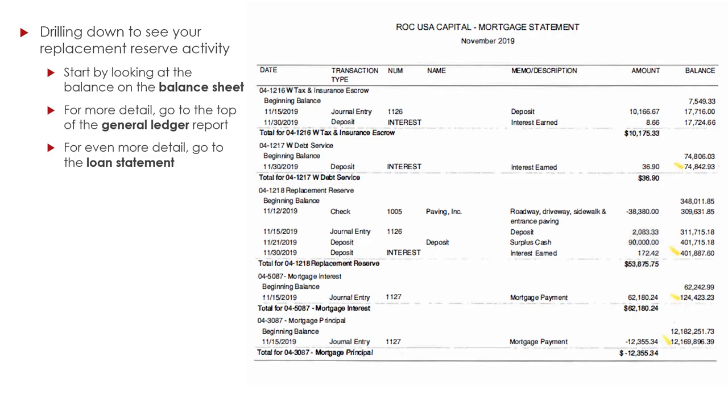You can disregard these other escrow and loan balances for now, though it's good to know that they're there for future reference. Hone in on the replacement reserve section here, which is set up in the same way as the section of the general ledger we were just looking at. Yep, we can see notes that show the expense was a paving project. We can also see a note that shows the $90,000 was in fact the co-op surplus moved over.